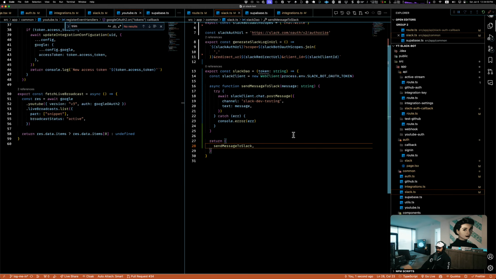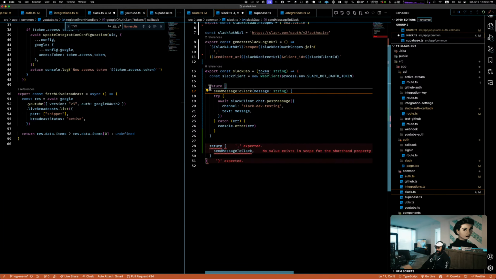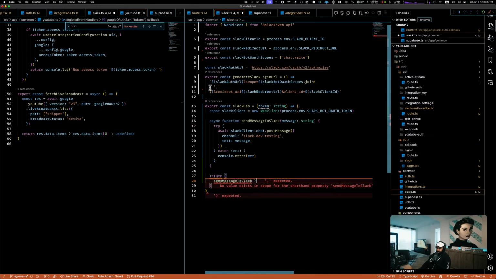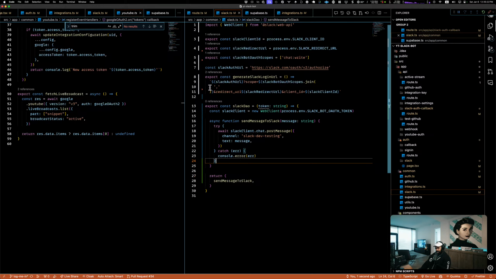For what it's worth, there are several ways of doing this. I don't know how much you all care about this, but the alternative is we could just do a return this way and then build the object like so. So we'll just say this is async, and then this would now be an anonymous function, but a named key, and then we don't have to do this return. But I'm doing this other one for now, even though it's longer and more verbose. Okay, so now we're gonna send the thing, and then this right here is now gonna just be token.